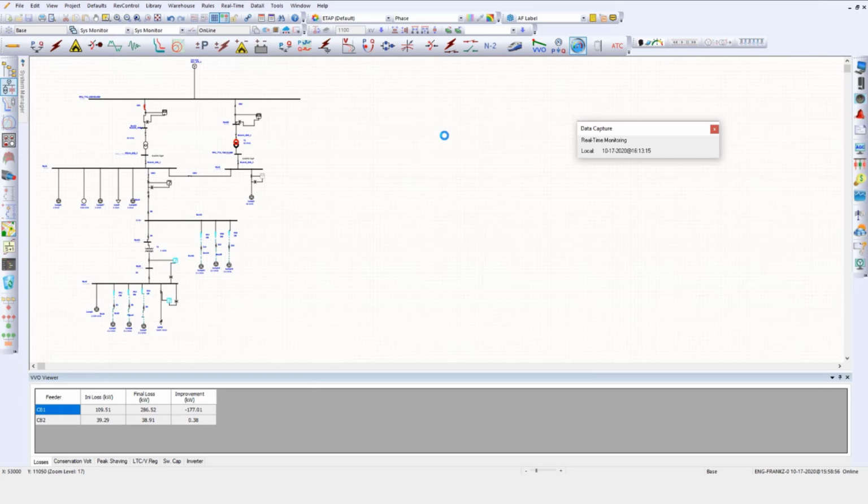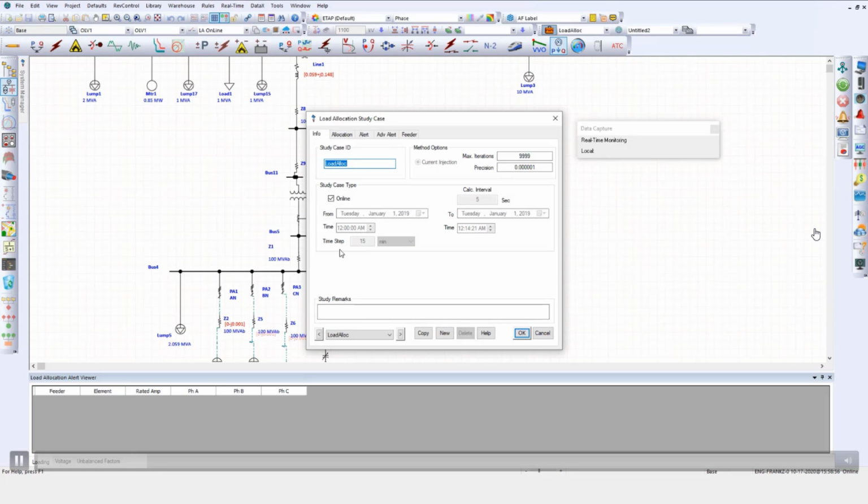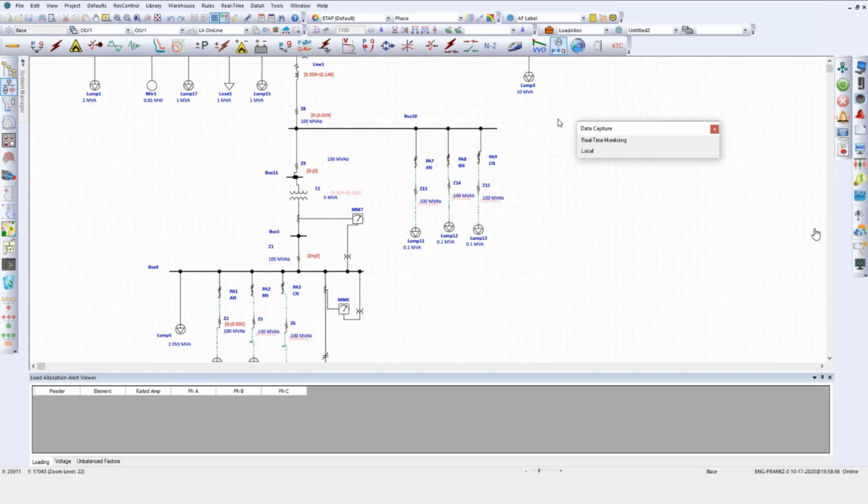So in this example, we'll go ahead and take our existing model online and see what happens when we connect this to a distribution state estimation as well as our volt-var optimization engine. If we run a load allocation or distribution state estimation, we can take the meter measurements that are available to us and allocate all the power to all the three-phase as well as single-phase loads inside the circuit. And we can then bring up our load allocation study case to see that